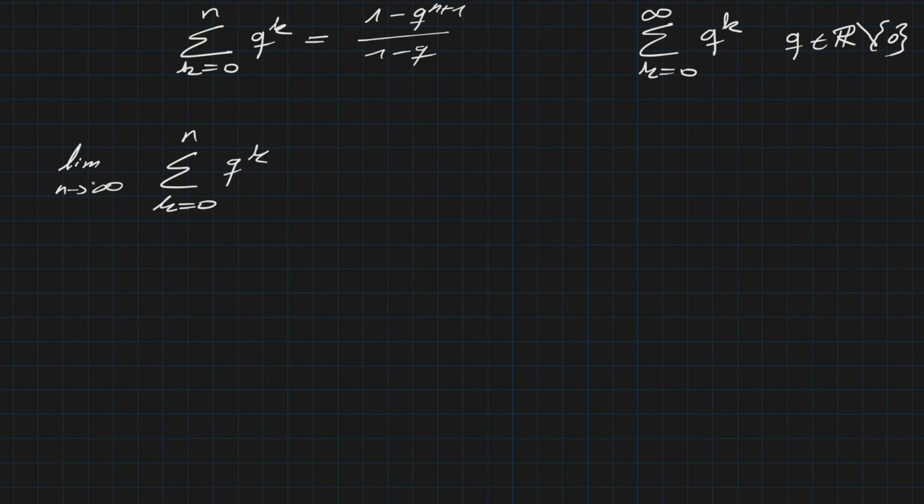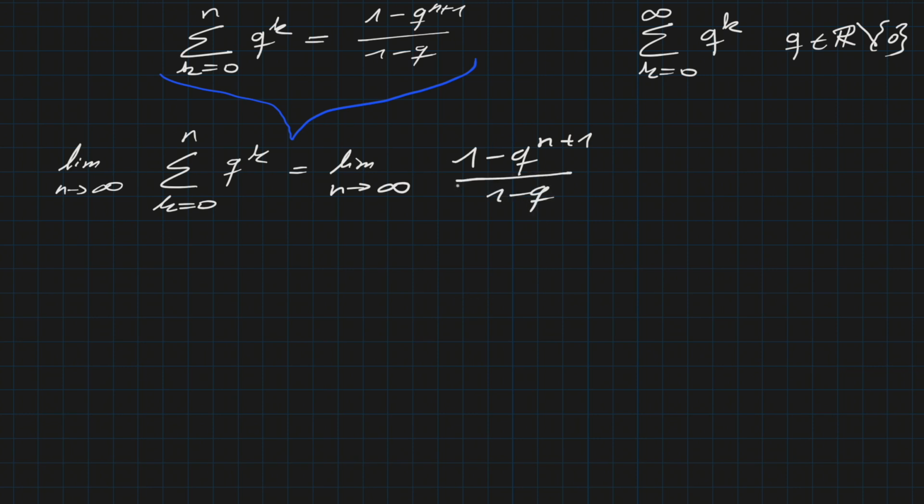So by writing down the limit here first, this expression as a whole is exactly the one here on the right hand side on the top. But we can now apply our formula, meaning we have the limit where n tends to infinity of this expression here, 1 minus q to the power of n plus 1 over 1 minus q. So let's study this expression, and we can actually exclude the following case where the absolute value of q is bigger or equal than 1,